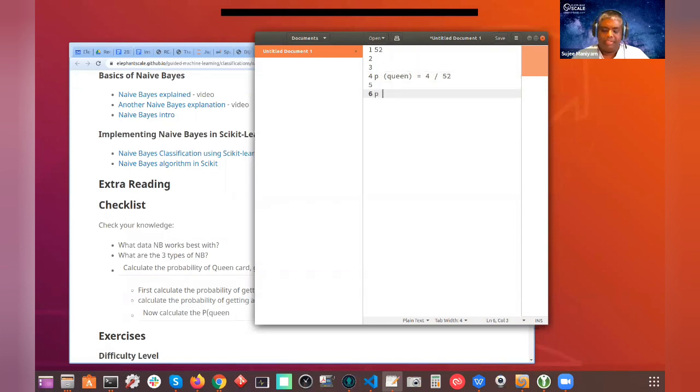What's the probability of getting a face card? When I say face card, I mean the cards with the pictures: king, queen, and jack. So that's getting a king, queen, or jack out of 52. What do you guys think? Yeah, 12. Okay. Now here's a question for you guys. Assume I got a face card already. What are the chances it's a queen?